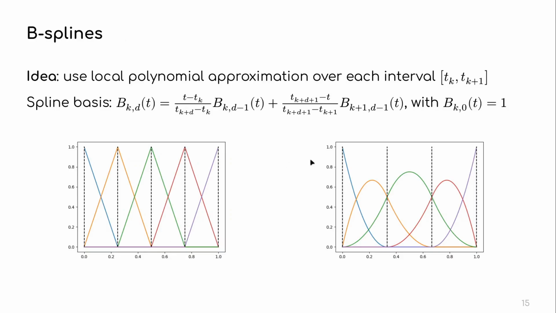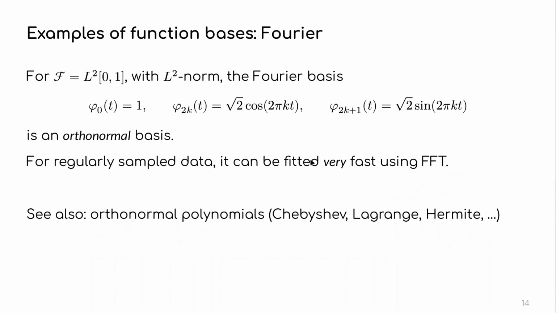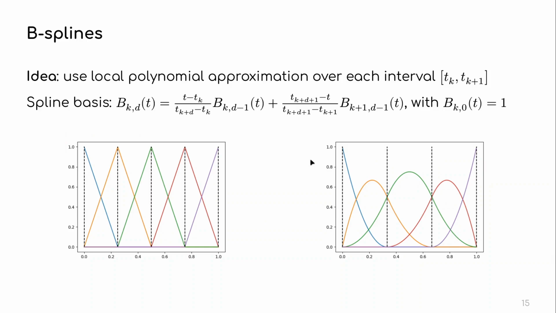Okay, but so these are very common, at least in machine learning, but we're going to move on to another one called B-splines, and the B stands for Bézier, which if you've ever used image manipulation software, you might remember the curves tool, where you can manipulate. That's a Bézier curve.